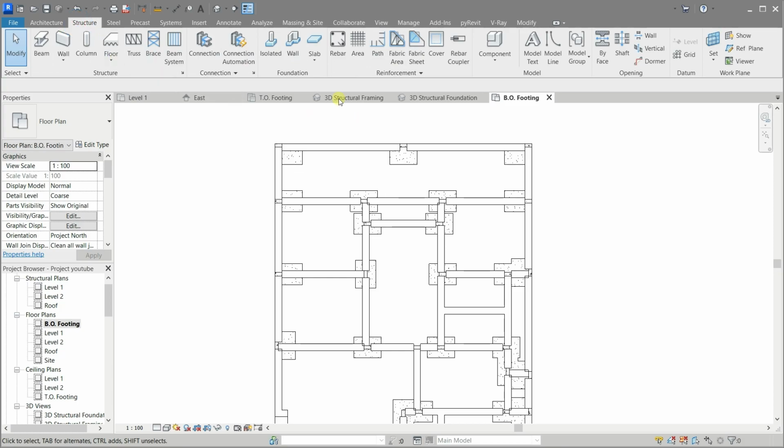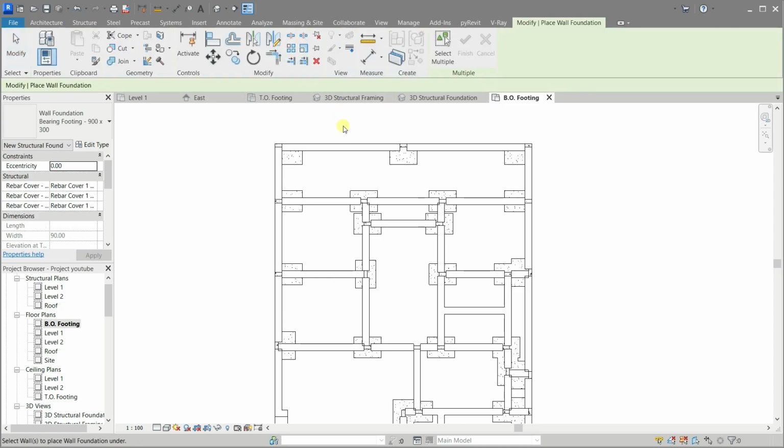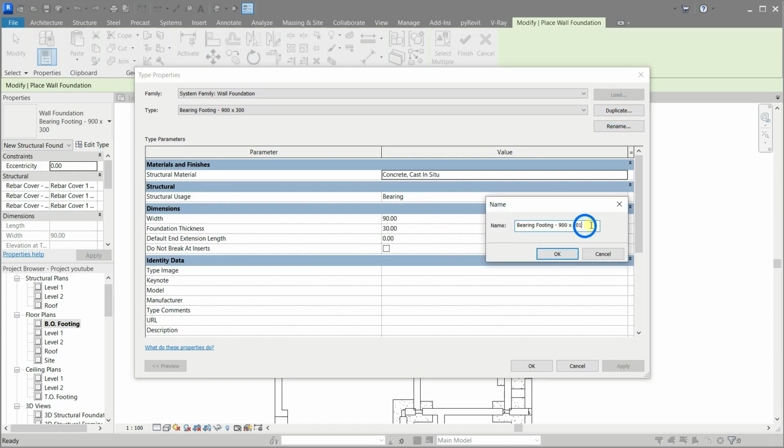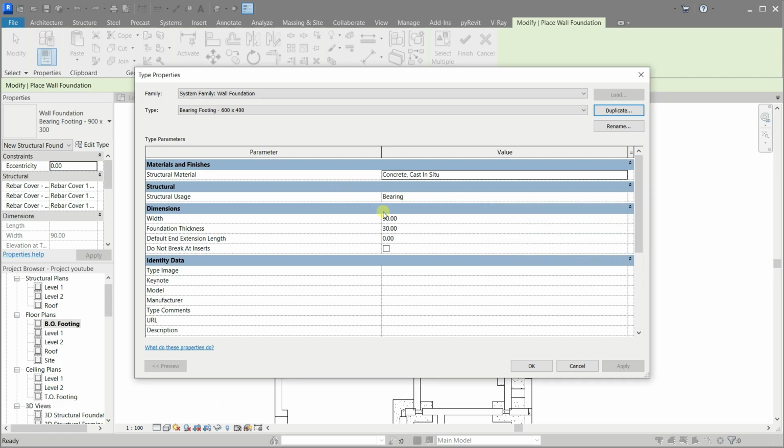From the Structural tab, select the Wall option. Edit type and create our size. Duplicate it and rename it to 600 by 400. Change the dimensions accordingly.